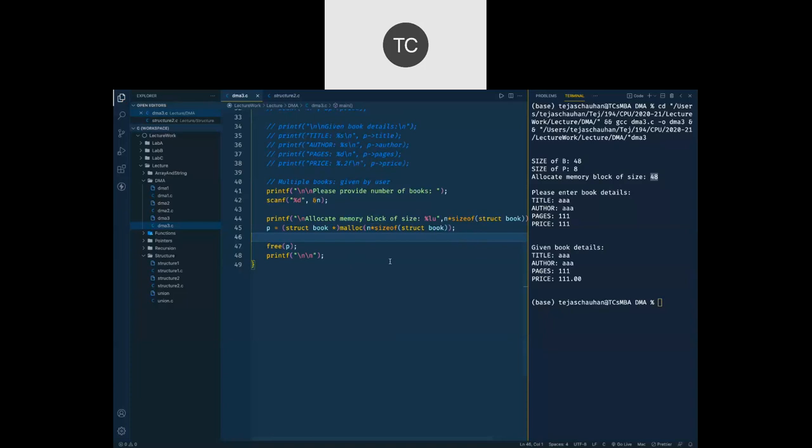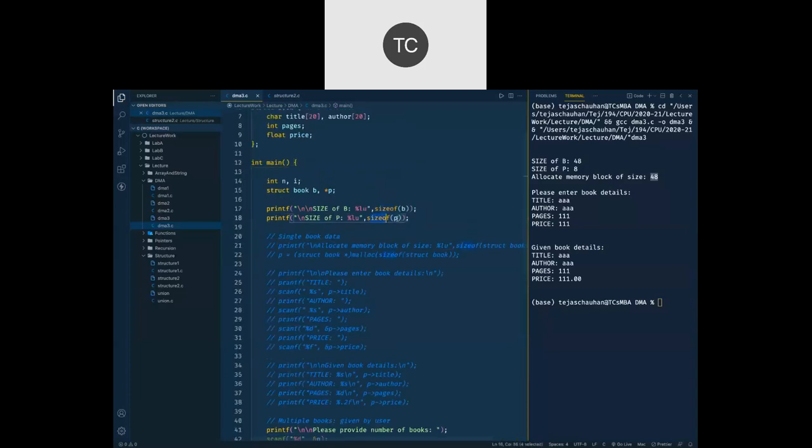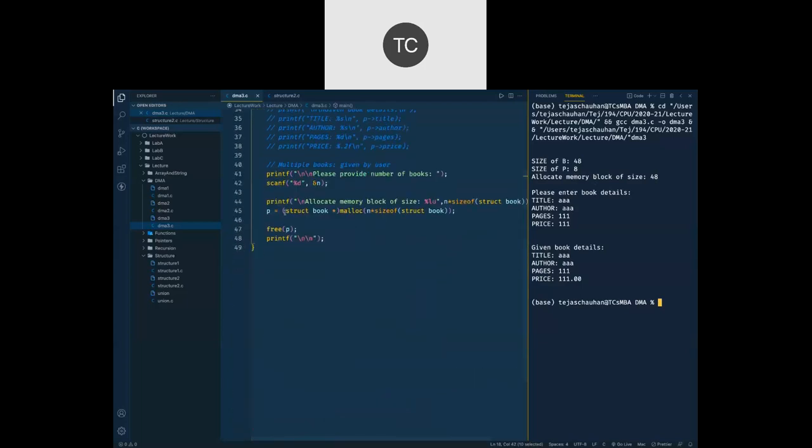Fine. So earlier we were having size of P, which is going to be 8 bytes. But when I dynamically allocate a memory, that's not going to be 48, but that is going to be equals to 48 multiplied by number of books. So that much amount of memory we are going to allocate using this statement.